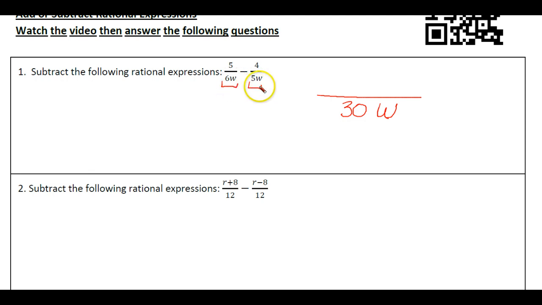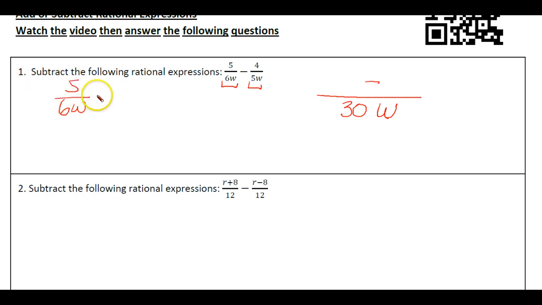Now you do get a common denominator, but you don't necessarily get the lowest one, especially if there are common factors within this. So now what we have to do is to modify this fraction, 5 over 6w, so that its denominator is now a 30. Well, we're allowed to multiply anything by a 1. Let me write it over here. So 6w,